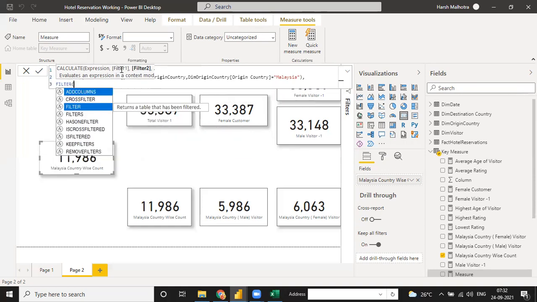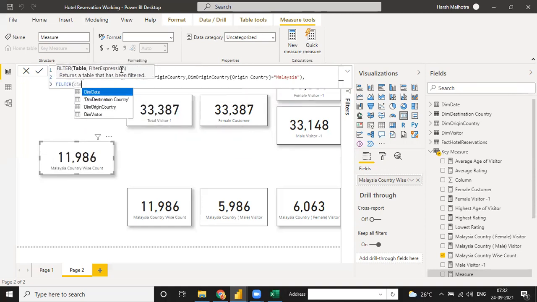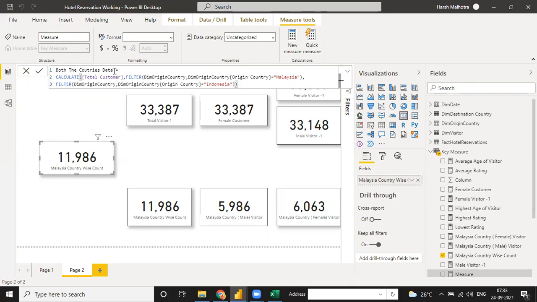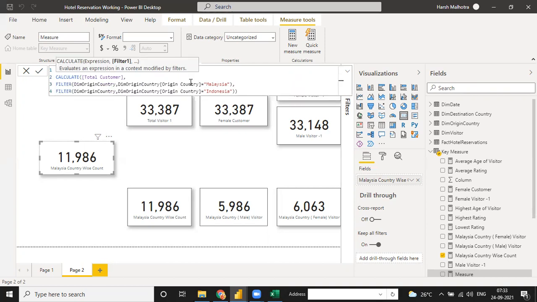Again we have to use a filter. Okay, what name, country, in origin country is equal to, and right now you can write. See, every time you have to filter it out for one country and the second country, and then you can enter many countries. If you don't need Malaysia, you can just accept Malaysia. The same function will be written. Just copy and paste this line. Click on enter.